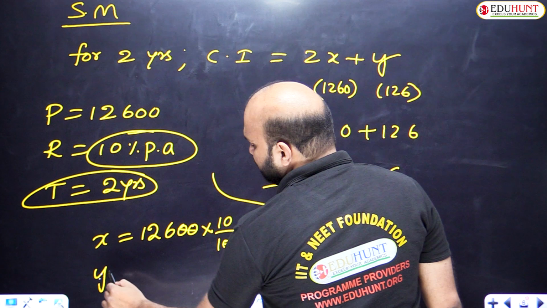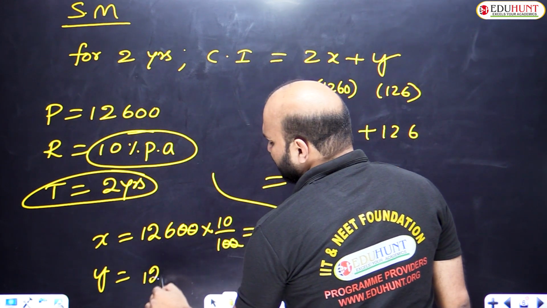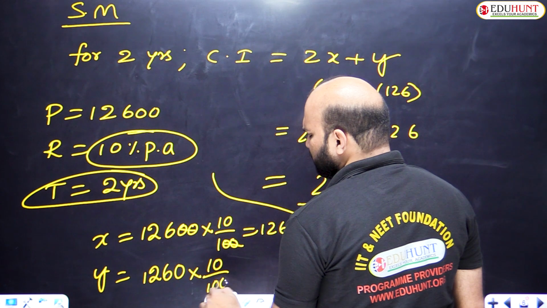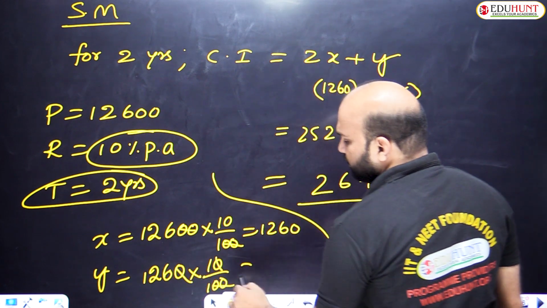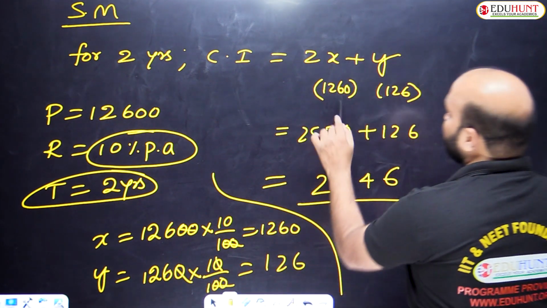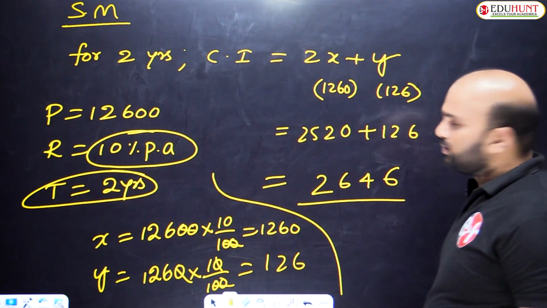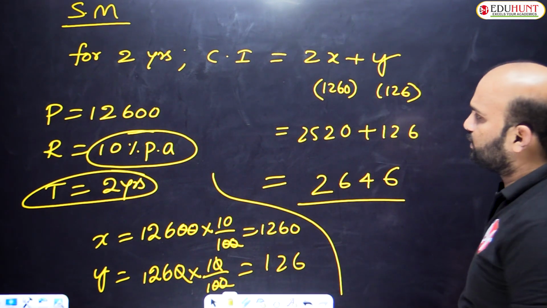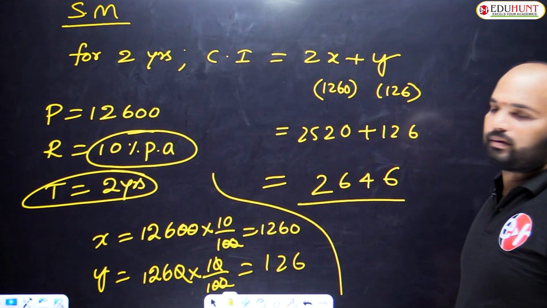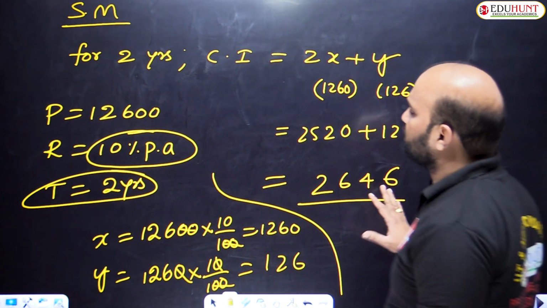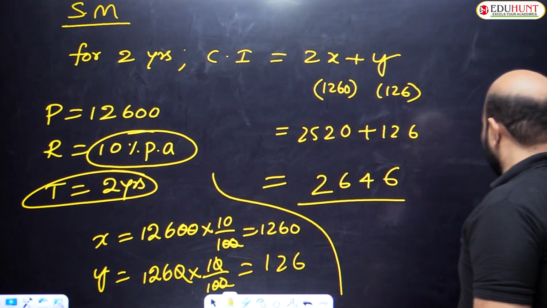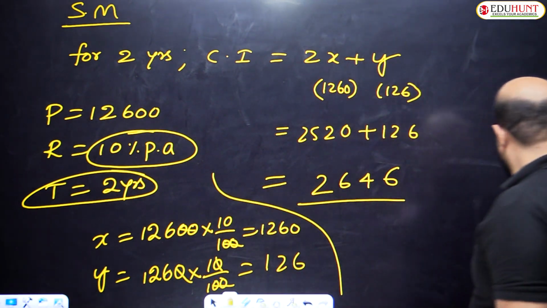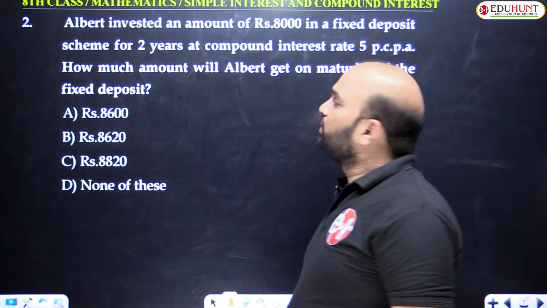How will we get the y value? Again 10% value of the x value we already got, 1260. Again we have to calculate the 10% value. 10% means just eliminate the 0, 126. This is a very important thought, the x and y values. So 2x nothing but 2520 plus 126, 2646. This is a very important concept by using the Pascal method. But the Pascal method is only calculated for compound interest, interest on interest. Am I clear? So let us go to question number 2.